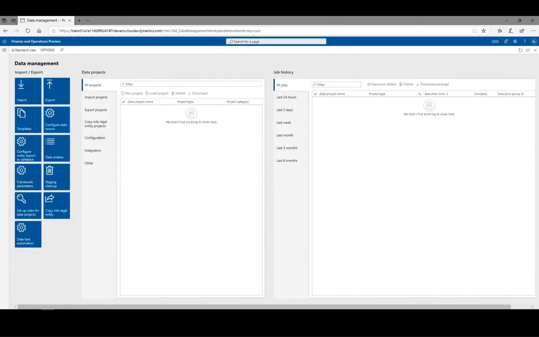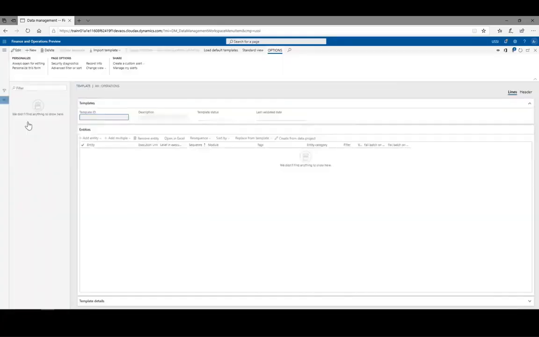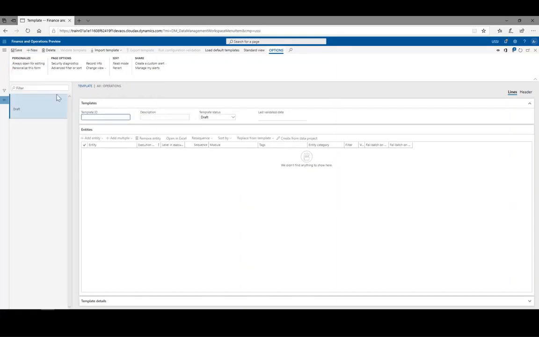Templates, as we described, are a group of data entities we can use to move certain data between systems. If I click the templates tile, it will list all the templates in my Dynamics 365 for finance and operations. I can create new templates as I need. For example, I want to create a template to move project management accounting module master data between two systems or two legal entities. In that case, I can create